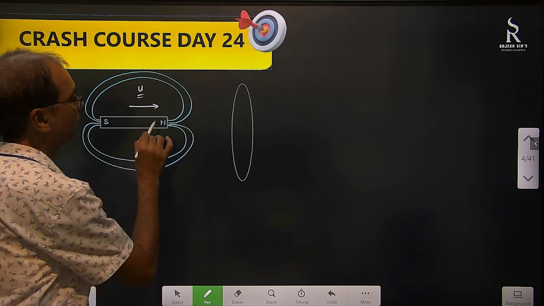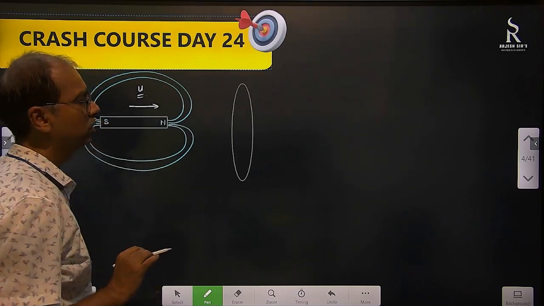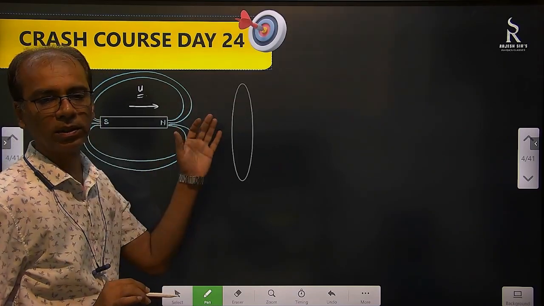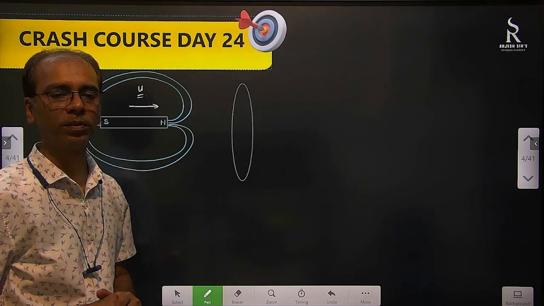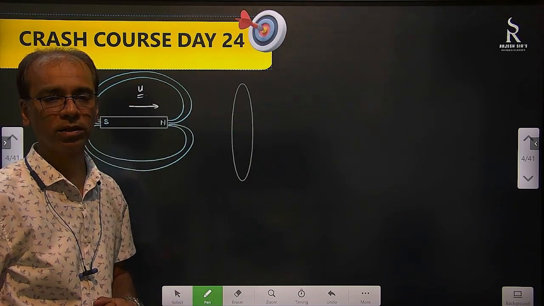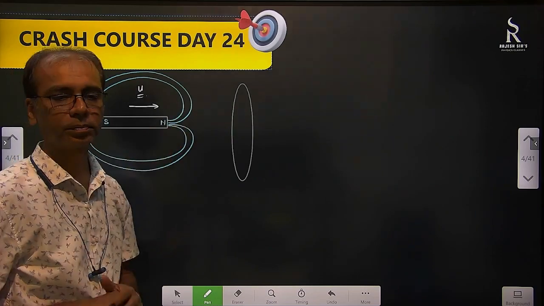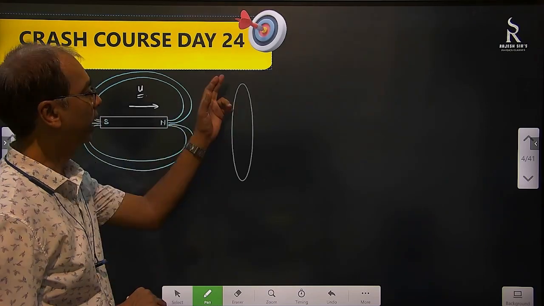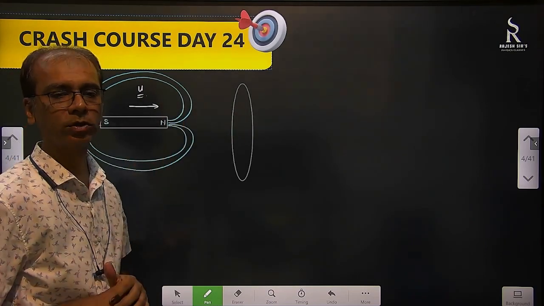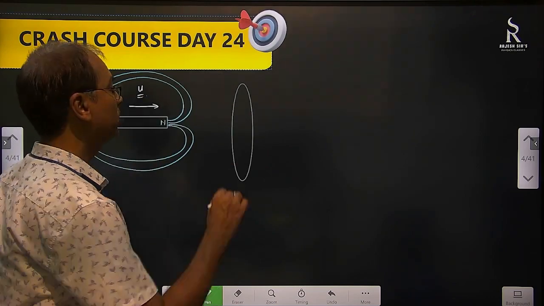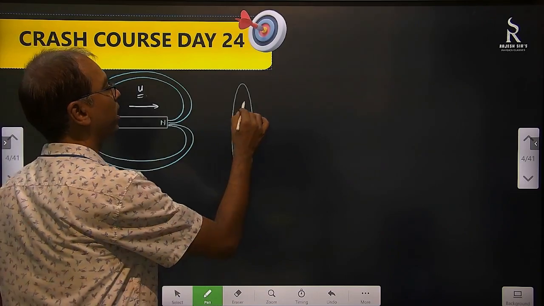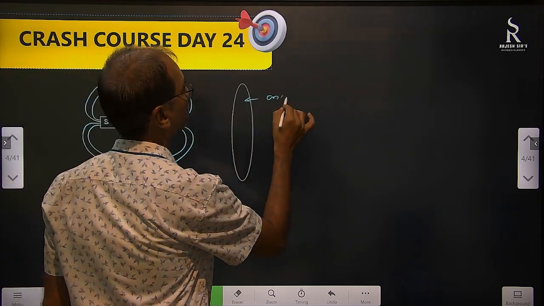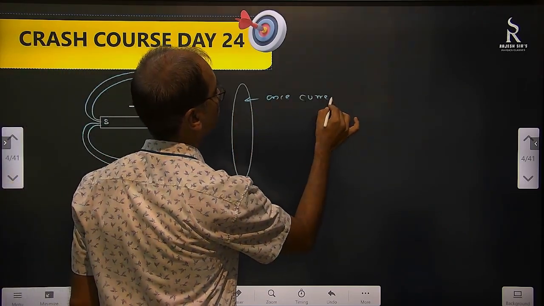Now what is happening? It's coming closer and closer. Earlier there were no magnetic lines linked with it. Suddenly, magnetic lines will come in contact with it. So that means magnetic flux changed. So in this coil, EMF will be induced, and since it's a closed loop, current will also be induced. Once current is induced in this coil,